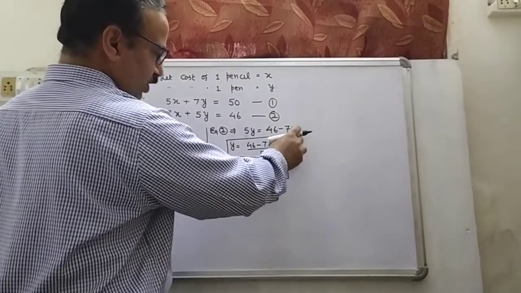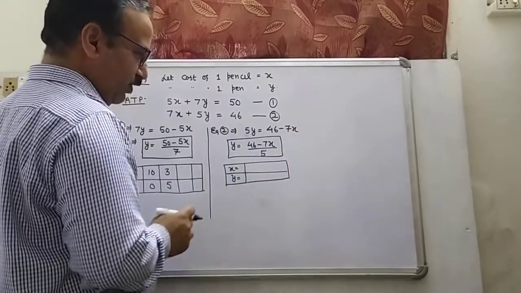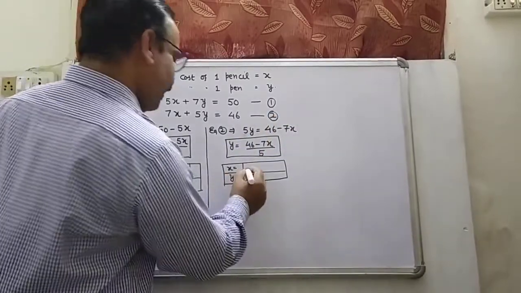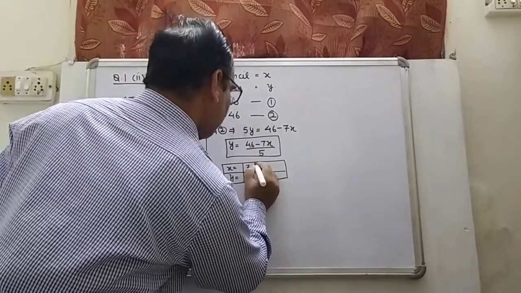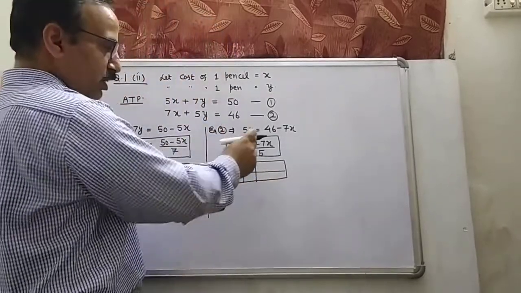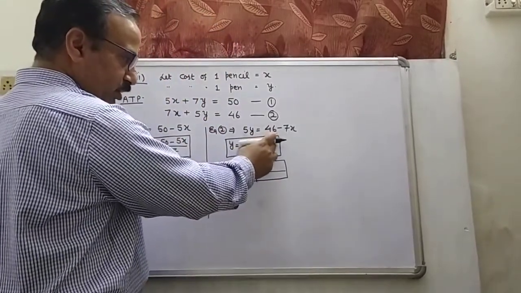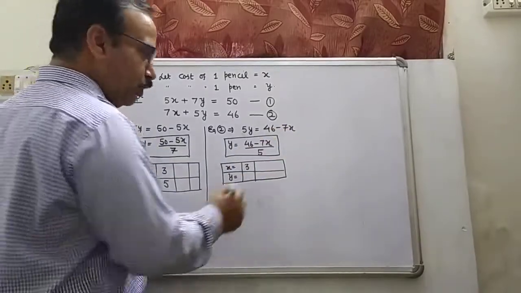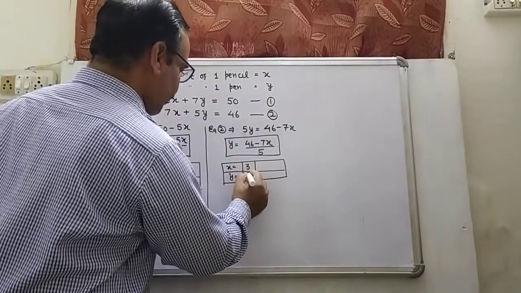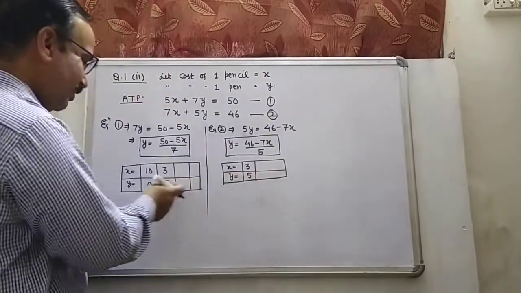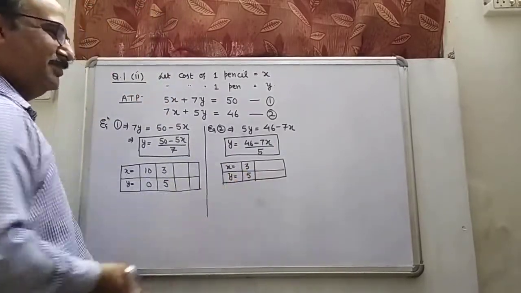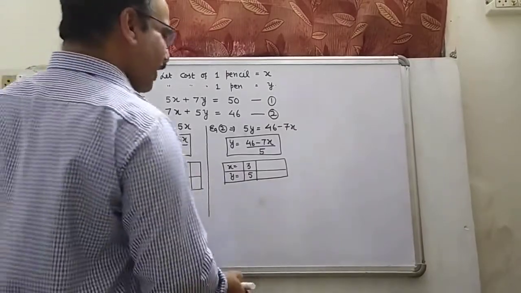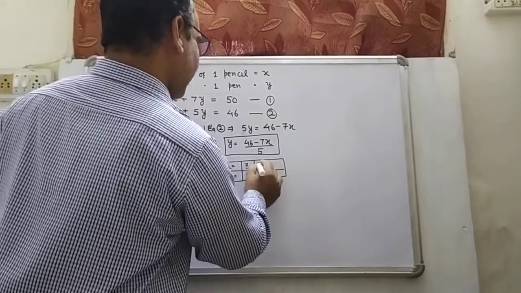If we take x is equal to 1, I think it is not suitable for us. If we take x is equal to 2, no. We take x is equal to 3. Now what happens? 7 3s are 21. 46 minus 21, it will be 25. And 25 over 5 is 5. Remember, answer is in front of you. Answer आपके सामने है अब. Okay, now you may take x is equal to 6.